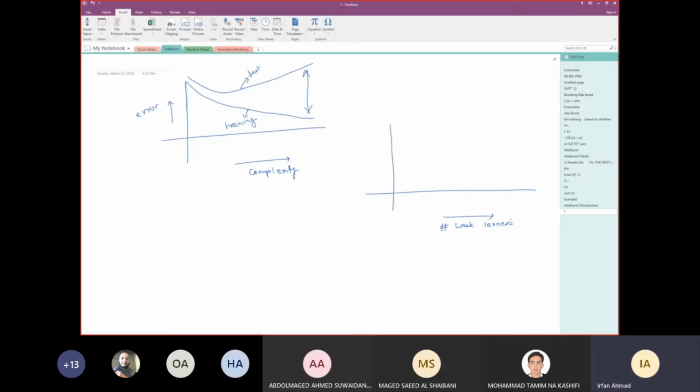So what happens here is that in validation, of course you keep decreasing the train error, but what happens in the validation error is